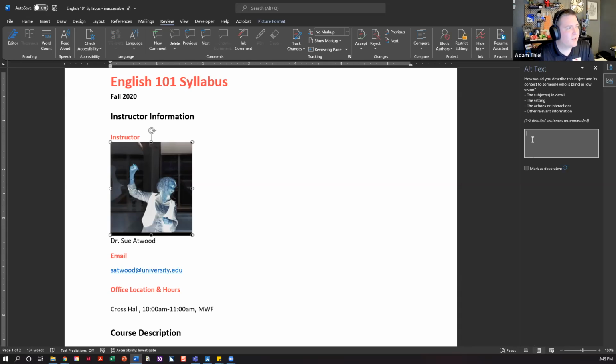So we recommend 1 to 2 sentences maximum. You don't want to write a dissertation in here. For one image, you can definitely add too much detail. You really just want to get across the important information about the image.